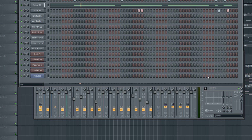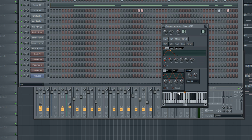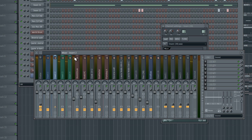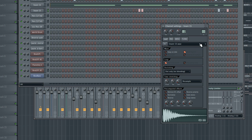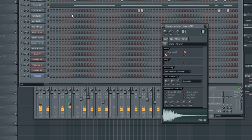We got snares happening, so let's check it out. Parallel compression on my main snare. Right, that's my main snare. I also have an 808 snare that I didn't even put on the mixer yet. So let's do that now. Assign it to a free spot on the mixer rather, and put it next to my snares. So got this snare,